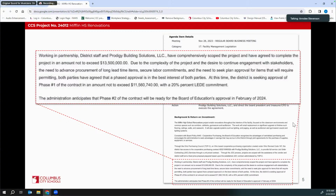But as you'll see as we go through the presentation, we've added a lot of large scope areas to Phase 2 of the project that we did not initially believe we would be adding. A lot of reasons for that. First, this is our first high school that we're attempting to do a renovation like this at. You obviously remember Hamilton STEM from last year. Small elementary building, doesn't have the bigger spaces that a high school has, not as complex, mostly just classroom renovation. At a high school, we have a full service kitchen, a whole athletics area, the auditorium, performing arts area. So it's been a little bit of work to get through those spaces and understand the cost of those spaces